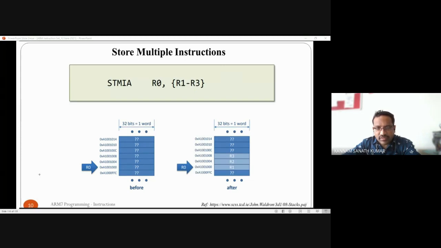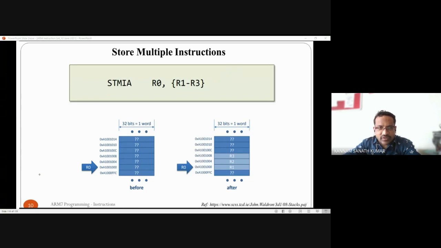Okay, you can see only the last digits change; you only have to concentrate on the last bits of the address. R6 is moved into 1008, and after that the address is decremented: 8 minus 4, so the next address is 1004. R5 will be stored there, and 1004 minus 4 gives 1000, where R2 will be stored.